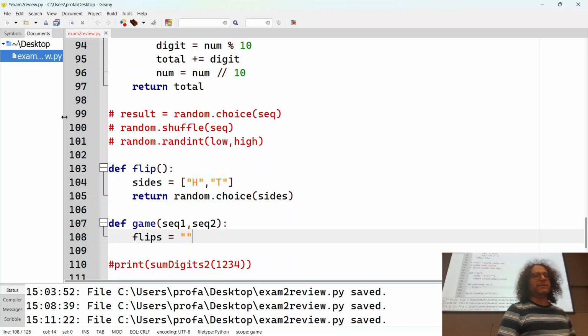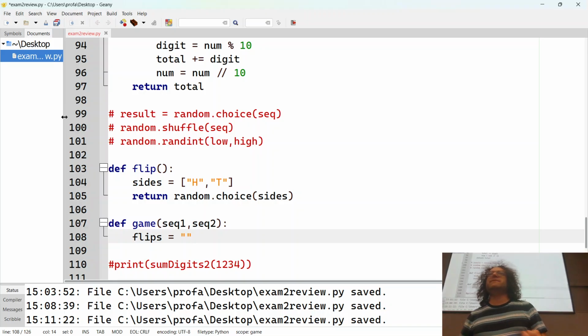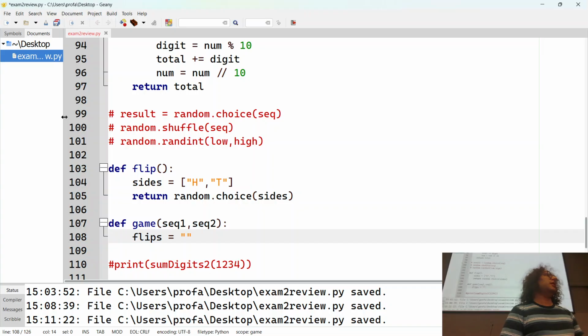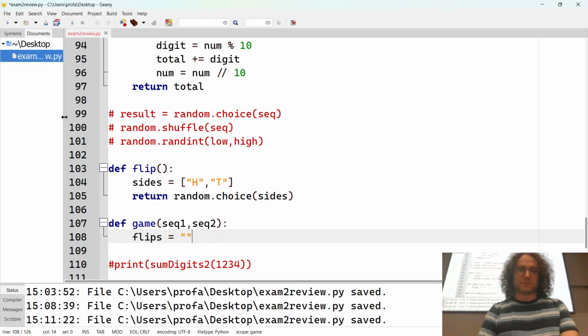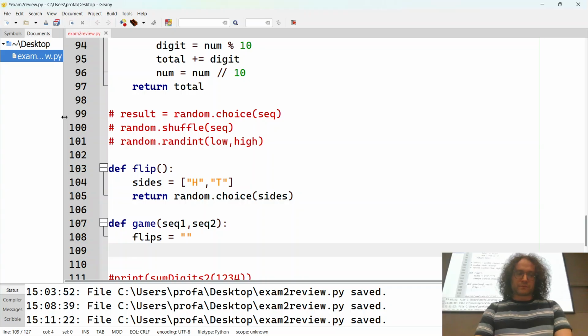And we are going to keep flipping coins until the last three characters of flips are one of our results, right? So we just keep flipping until, while flips, the last three to the end,